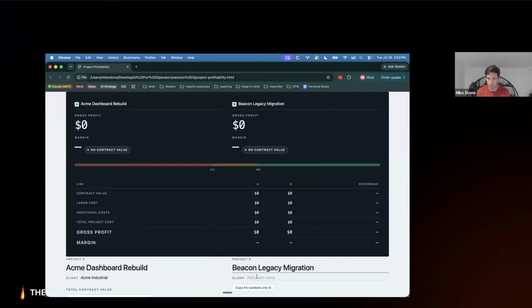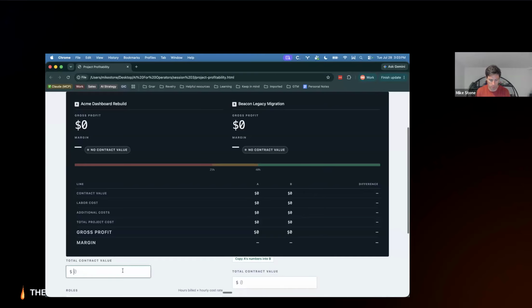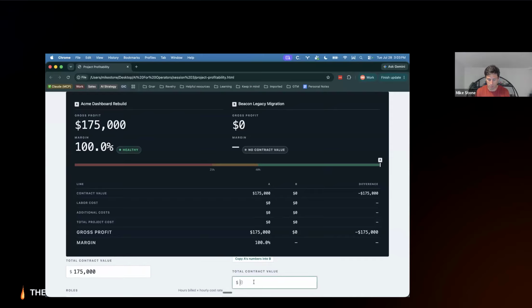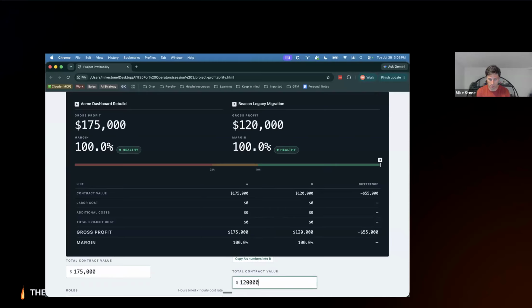Client name for this one is Beacon Supply Company. Total contract value for this is 175. This is 175 as well. Or sorry, this one's going to be 120. Roles.